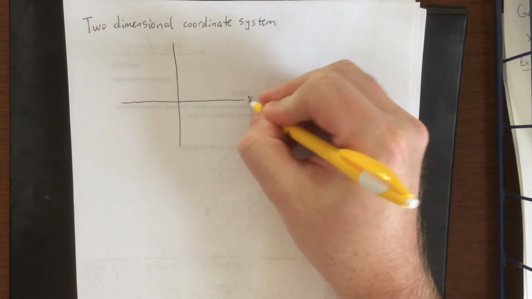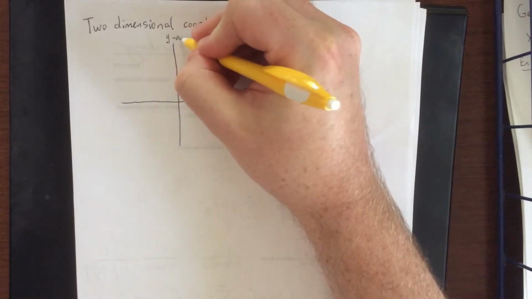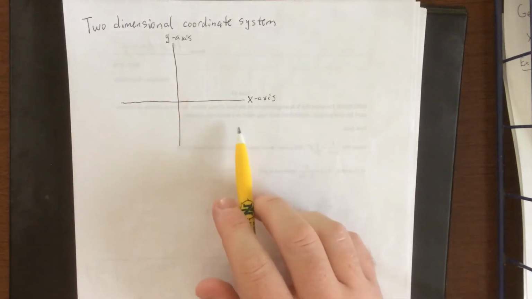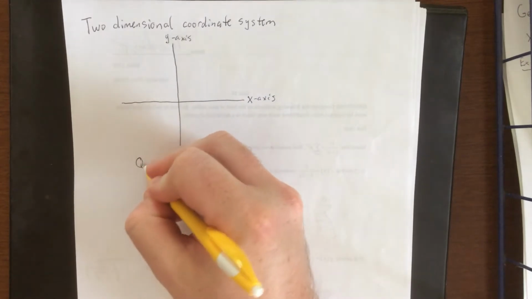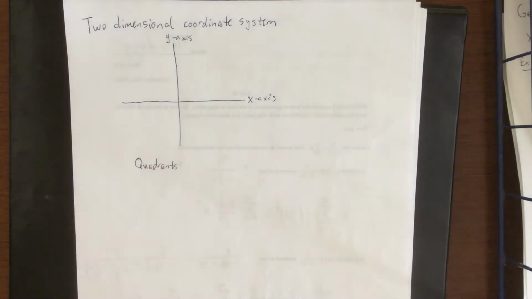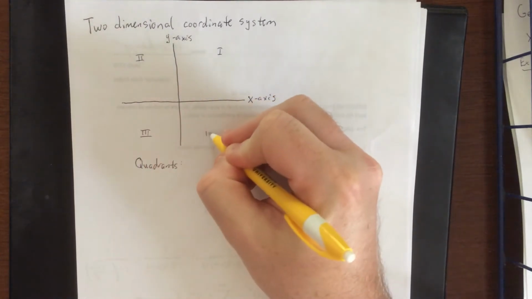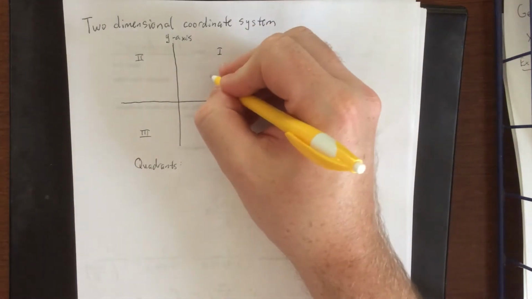You have a horizontal axis, typically referred to as an x-axis. You have a vertical axis, typically referred to as a y-axis. You have four different regions in the plane that are split up by these two axes. They are referred to as quadrants. And in the four quadrants, we have quadrant 1, quadrant 2, quadrant 3, and quadrant 4. Whether x is positive or negative and whether y is positive or negative will put you into one of these